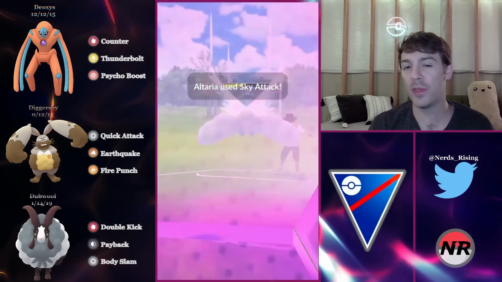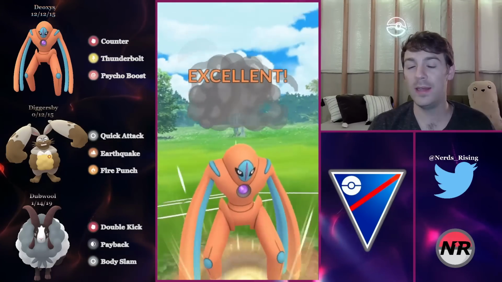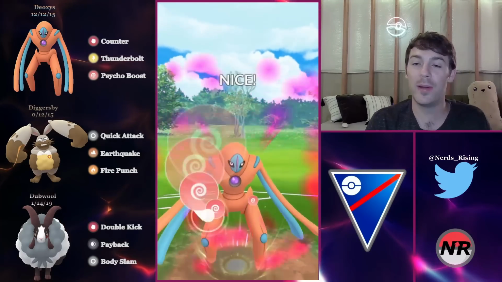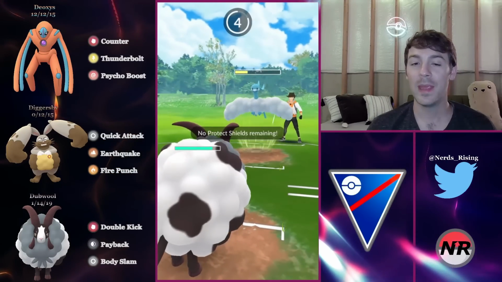I think I chipped it with a Thunderbolt, and then I preserved a lot of health on it, and I brought the Diggersby into their Deoxys, recognizing I needed to save that DD in case they had another counter user like a Medicham or an Altaria, and sure enough, they do have an Altaria in the back. Since I preserved the DD here, the DD is able to get the shields off the Altaria and do some damage to it, and now Double is in a